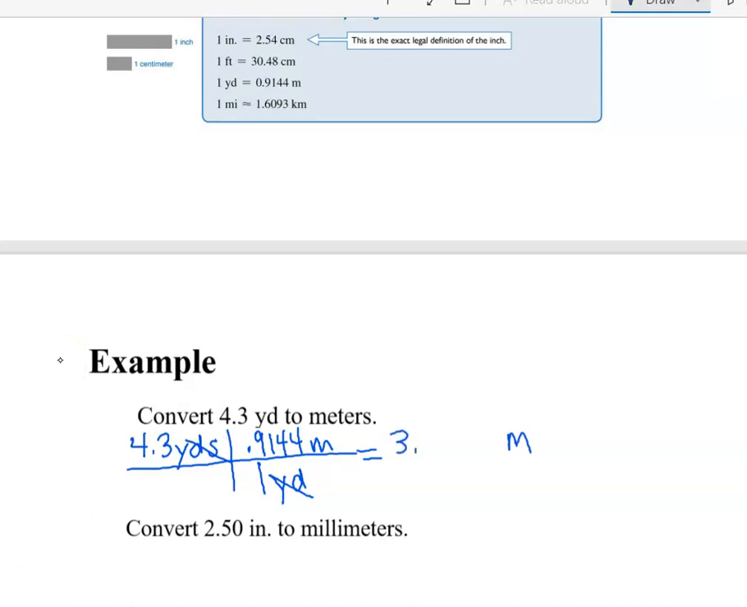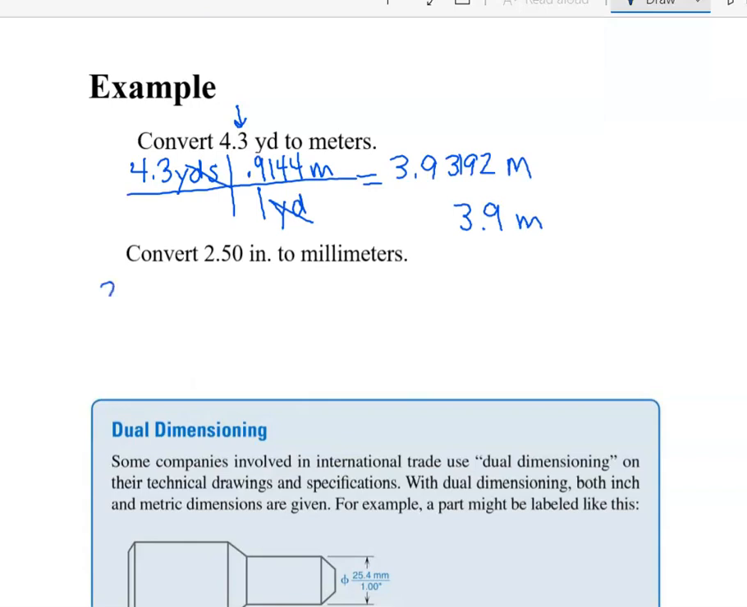That's going to give me 3.93192. And because our least precise units would be in the tenths place, this would be 3.9 meters if we rounded. When we convert 2.50 inches to millimeters,